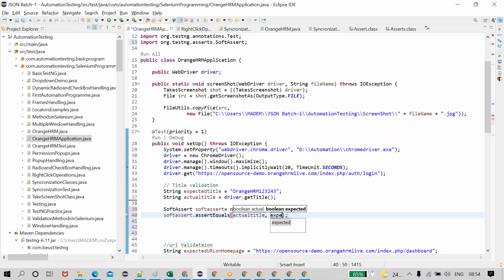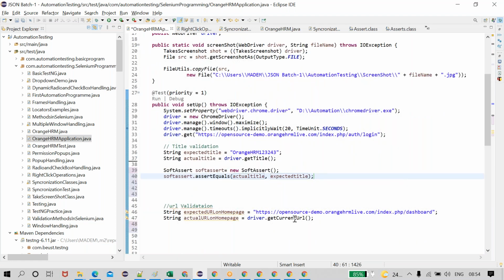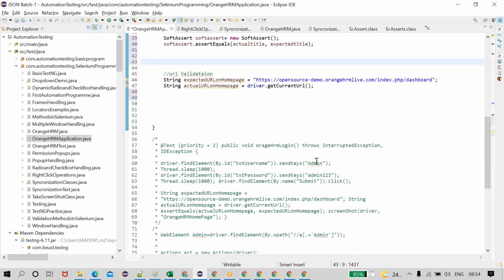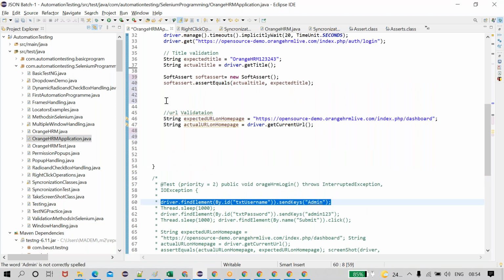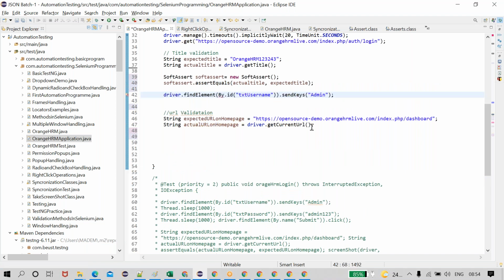What is the expected title? See, even if this is failing, it is coming to here also. It is going to enter the text here itself. But the last statement should be here.